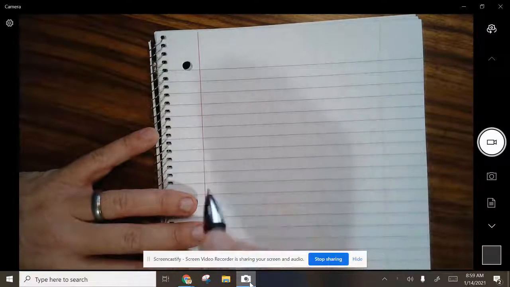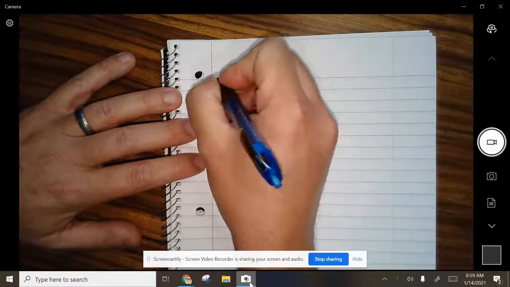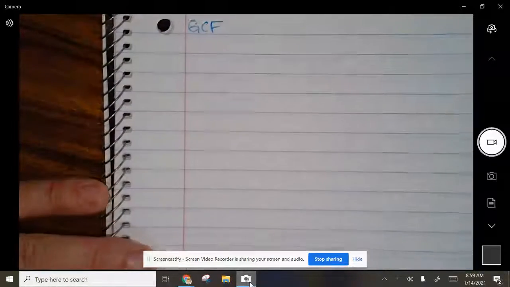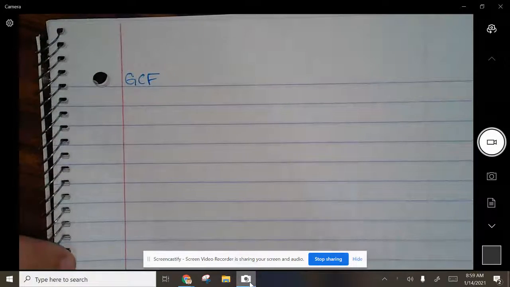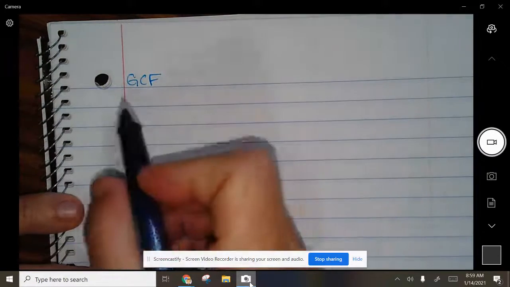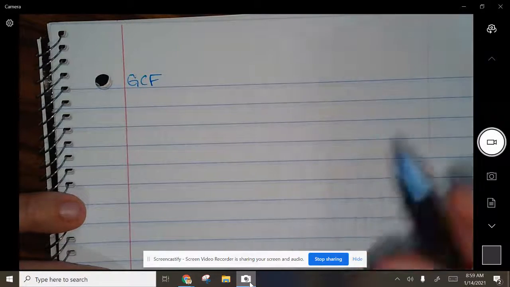So the main topic that we're going to teach you today, let me turn the slide on. This idea of a GCF is almost like a thing you need to know before we get into doing the more challenging factoring of trinomials. GCF, greatest common factor. So you're going to take out stuff from your parentheses. So hopefully we kind of covered it, but if we didn't, if I was to say